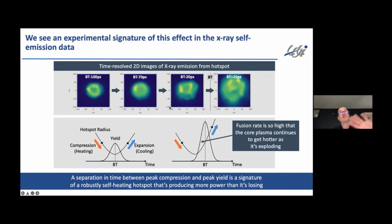Typically, it was always getting smaller because it was cooling down. And here, suddenly, it gets much hotter, it gets larger, and that's the proof that your burning wave is propagating. Okay, and that's experimental. It's just an image of the hotspot close to Bangtan. So that's the beauty